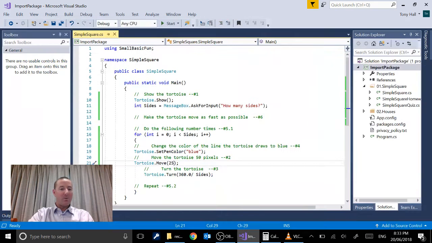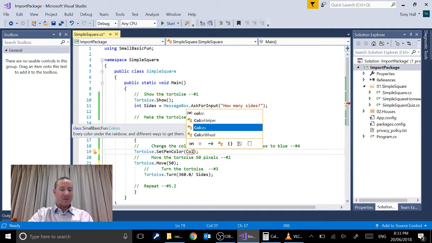All right, so we can play around with our move value. You can make the square larger as well. And you can also play around with the set pen color variable or value. So one of the better ways to do that is to actually delete where it said blue. And you'll see when I start to type the word Colors with a capital C, that one of the